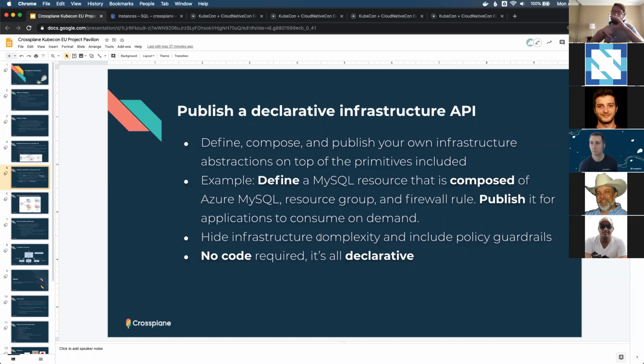And then all the configuration, the policy, the definition, all that stuff that I care about as an infrastructure operator is available for them to access through the API without having to know any of the details. So it hides all that complexity. It puts some policy guardrails in there. And the nice thing about this, and we'll see this in the demo, is that it doesn't require you to write code. You can build your own platform, your own API, without having to write any code. It's all